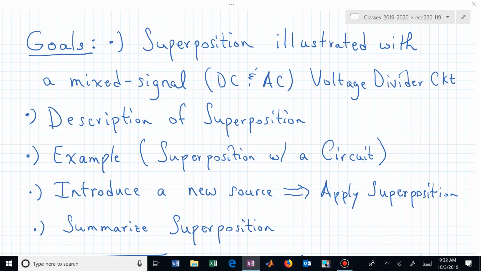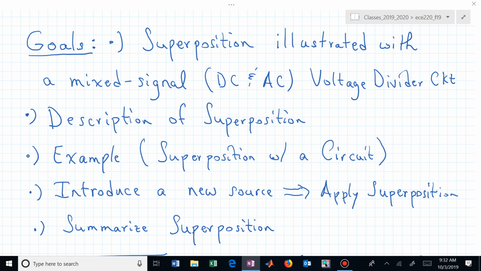Superposition. That's what we're going to be talking about, and we're not dealing with Schrodinger's cat or any kind of quantum stuff when you hear superposition that way. We're doing superposition now in electrical and computer engineering in a circuit context, and one of the common times that you will see superposition used is when you have a circuit that has multiple sources, and some of those sources might be DC sources, some of those might be AC or alternating sources. We'll look at an